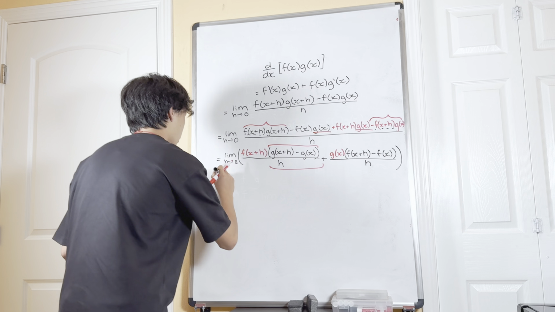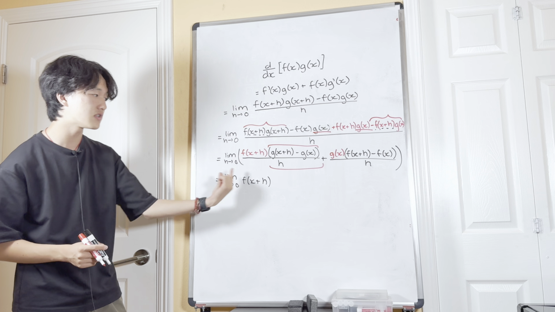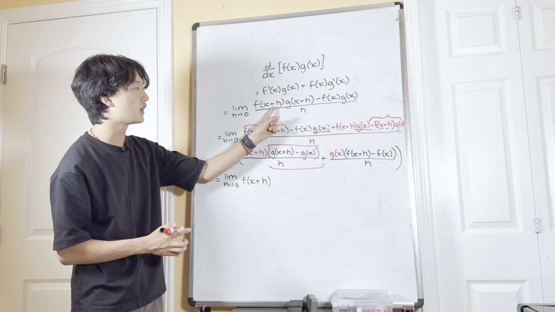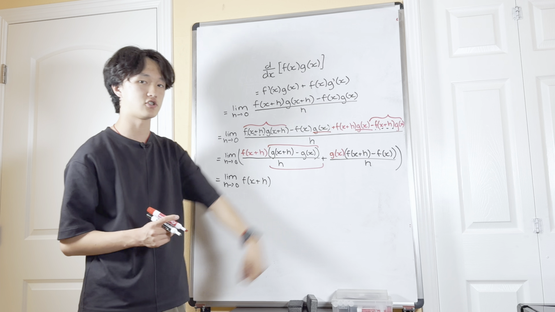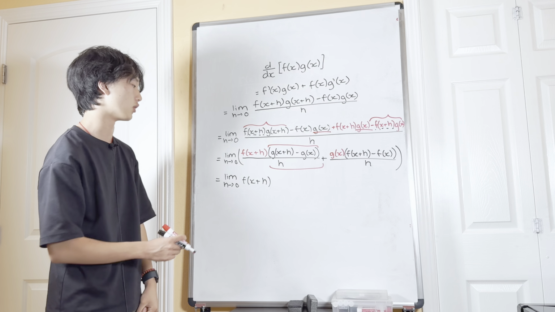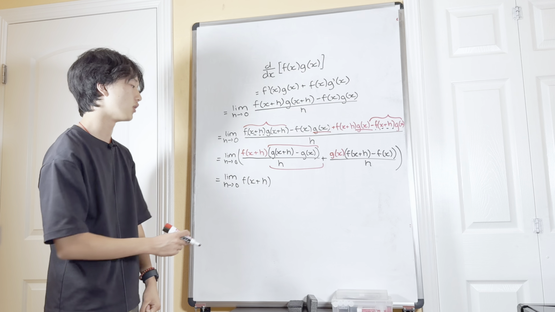Then we have another limit of this guy. But what really is this? Well, here, we don't have a 0 over 0 situation, right? Like if you plugged in 0 for h here, you would get f of x g of x minus f of x g of x all over h. That's 0 over 0. But here, you don't have that problem because you can just go ahead and directly substitute